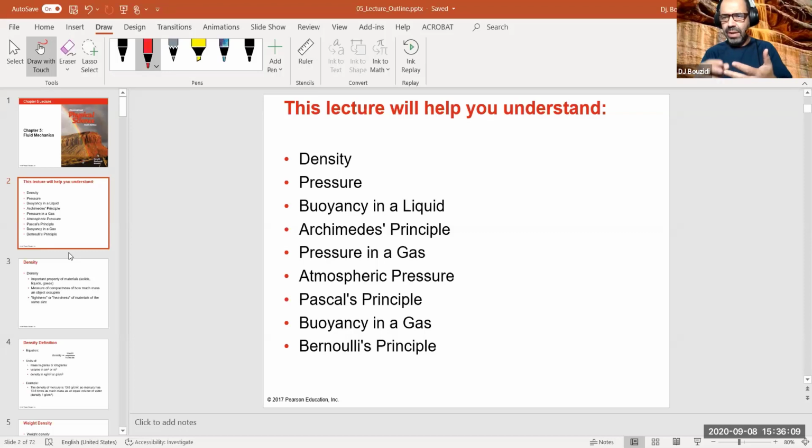And the third law: if it interacts with something else, if one attracts the other, the other one attracts it back with the same and equal amount of force, and vice versa if they are repelling one another in the opposite direction. So the three laws of Newton are still valid in here. But this is what is called a macroscopic description of the fluid.